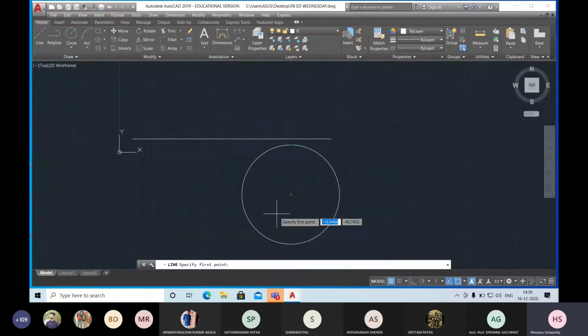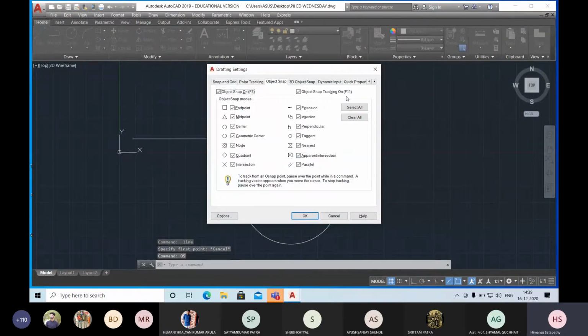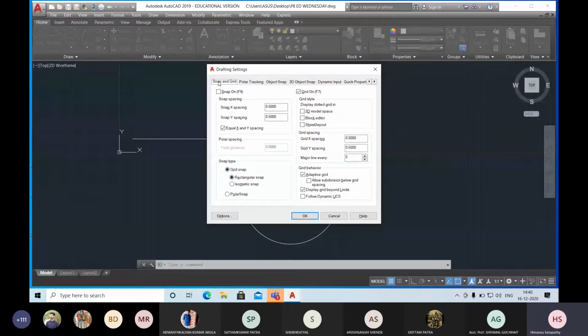So when you go for dimensioning the drawing, when you go for bisecting or intersection of lines or any option, you have to switch on F3. O snap should be on. So the command is OS. When you go for the OS command, you are getting all options, select all, and you can get all the options. So whatever option you are finding over here under the shortcut menu bar, all the options are here also. This is a snap and grid option, F9, F7. Already I have told you F9, F7. So you can tick on, tick off manually.